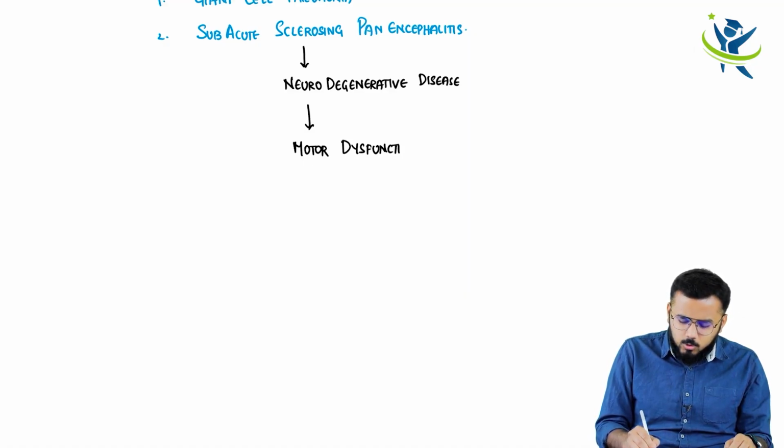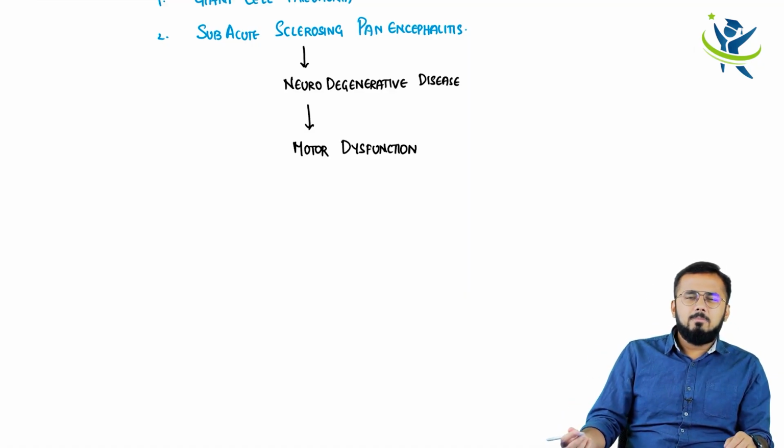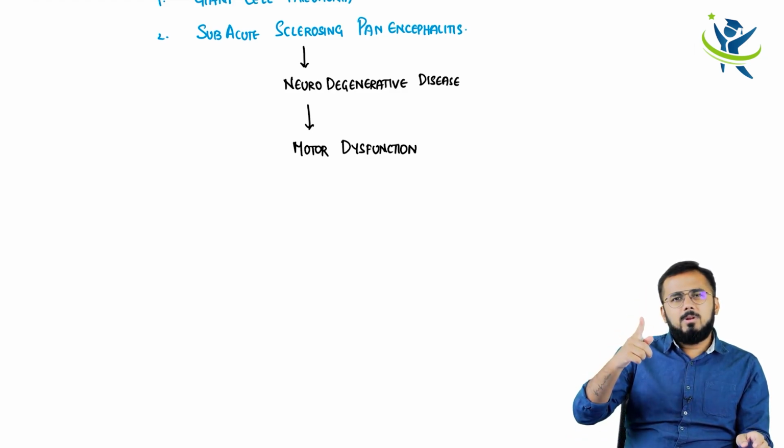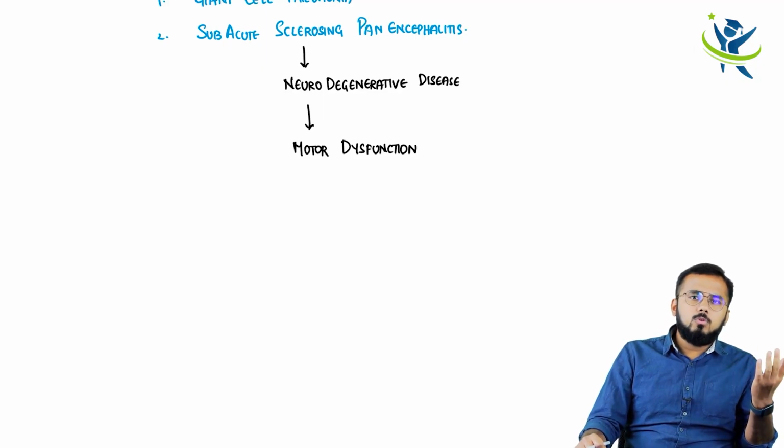So when the patient has motor dysfunction, the reflexes will not be proper. Either there can be hyporeflexia or hyperreflexia. When there is any problem in the brain, it speaks only one language, that is seizure language. So any problem with the brain, the patient will have seizures, right? If the patient is having seizures, there is a problem with the brain. You need to rule out what that is.